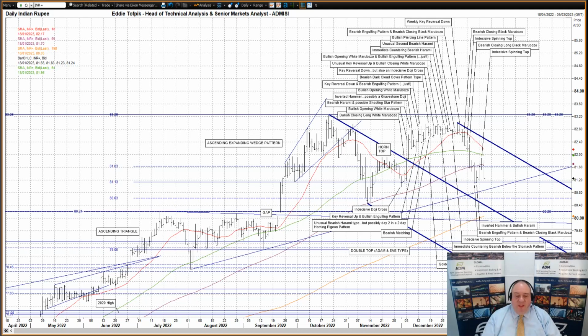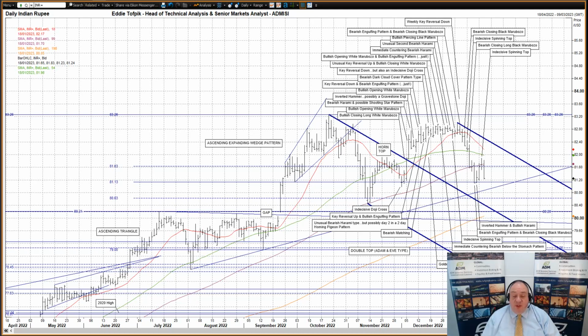Meanwhile, above the moving averages, we have the upper tine, currently 82.52, of the same bearish Andrews pitch hook. Overhead, the big pattern here is not the bearish Andrews pitch hook, though it is big enough on its own. Though not that old, rather it is the action since September 2022 to date, forming a large double top pattern, an Adam and Eve type pattern. We are currently on the final leg moving lower, and this pattern will very much depend on whether the market will drop down to the neckline, which I'm calling at this moment in the 80.20 zone, and then what the market will do once it gets there.